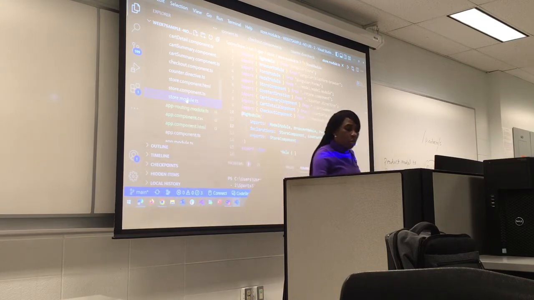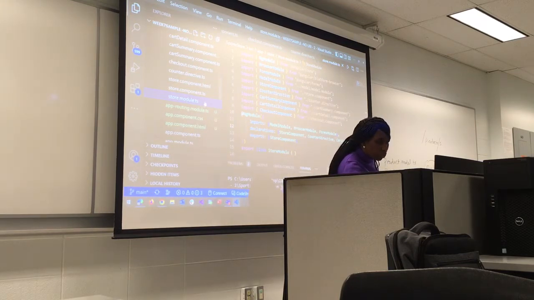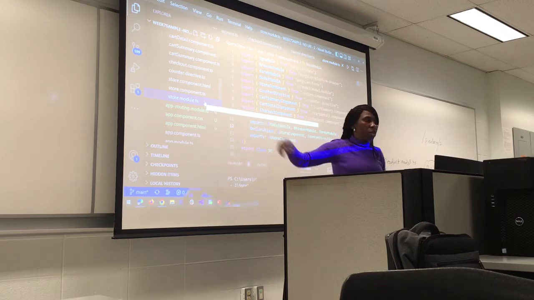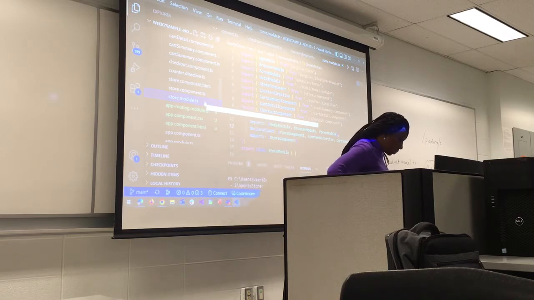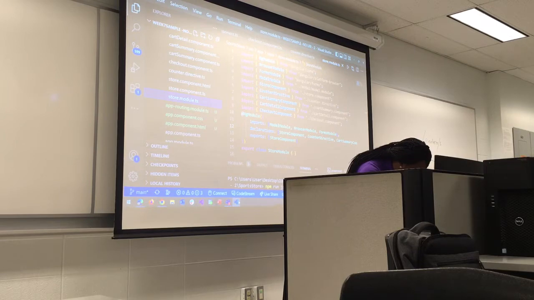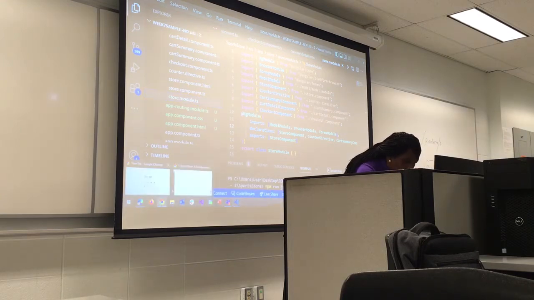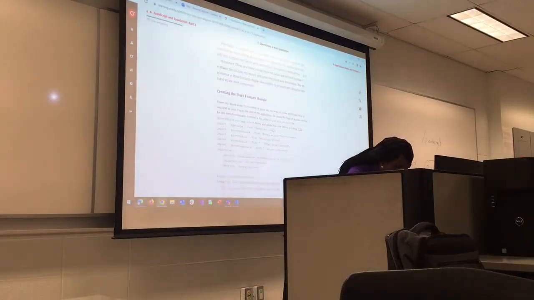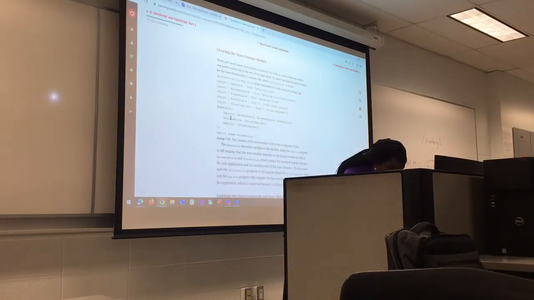So this is the name of the file, store module. If you are in doubt of the spelling, it is store.module.ts. In that store.module.ts, we'll import all the Angular modules: the browser module, the forms module, the model module, the store components module. So you just scroll down to where you have the script. The store components module, then we'll import